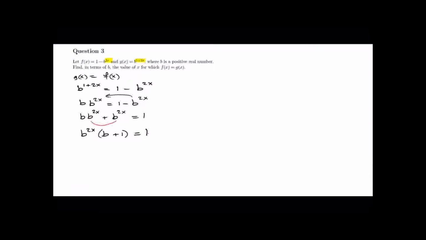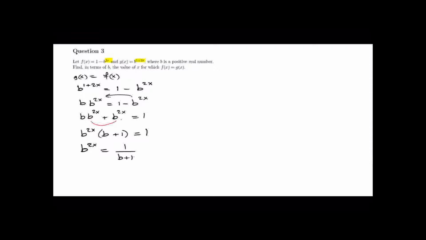And again, just double check in your mind that what you've done is actually correct. So b to the 2x multiplied by b, well, that is b times b to the 2x, so that's right. And b to the 2x multiplied by 1 is b to the 2x. So yes, what we've done is definitely correct. Now that means, if we divide across by b plus 1, that b to the power of 2x is 1 over b plus 1. And now we come back to one of the most difficult parts of algebra, the connection